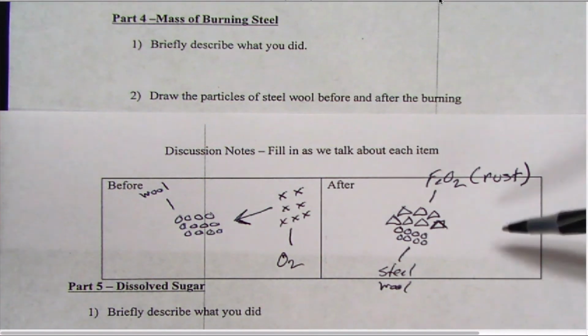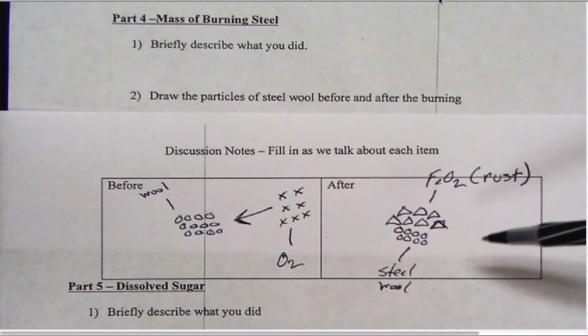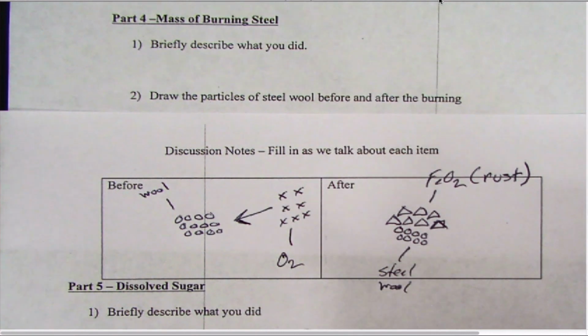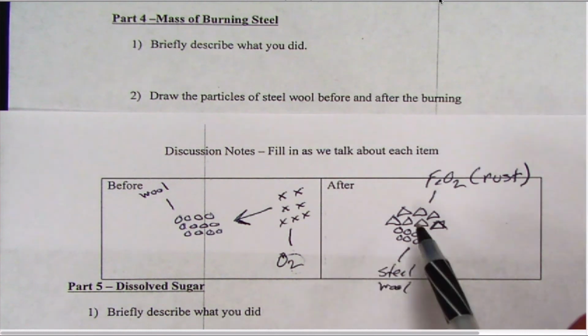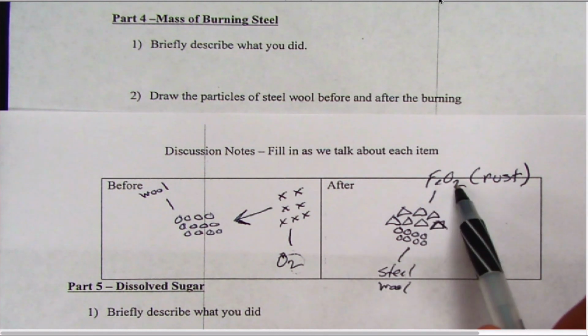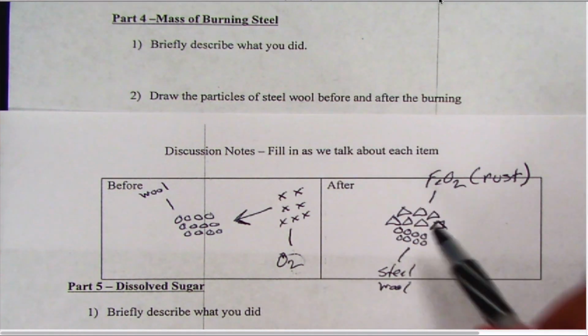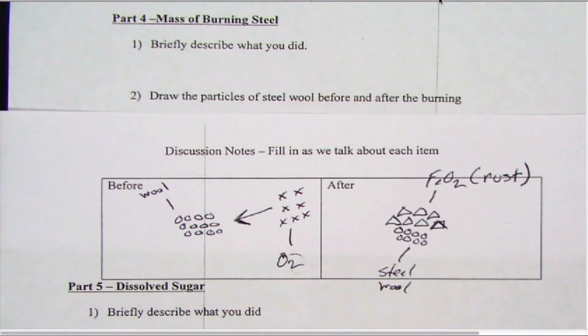What you should have got for a number in this, you should have got somewhere close to a positive change. Some larger than others, depending on how long you heated, but it should have been a positive change because the thing that we did to this experiment is we added oxygen to it. So when you add atoms to the iron, it should weigh more because you're adding more mass to it. All right, so you should have got a positive change in mass from start to finish. The fifth part